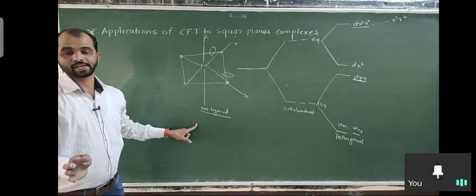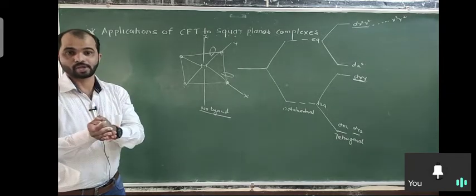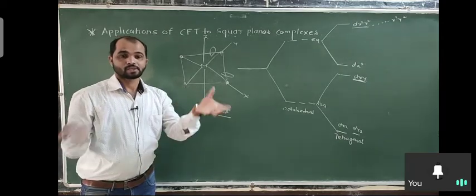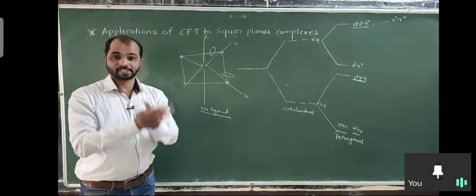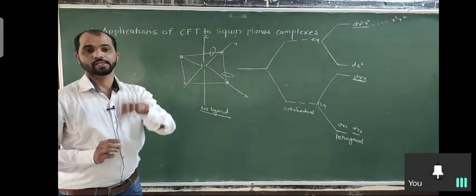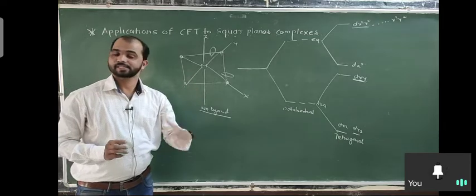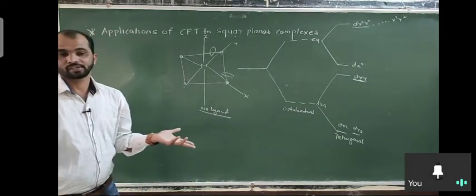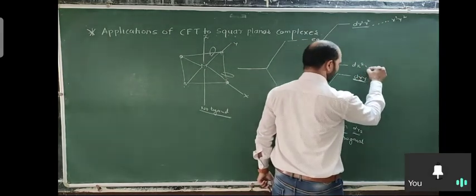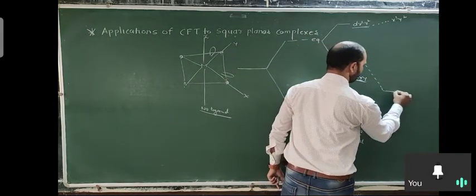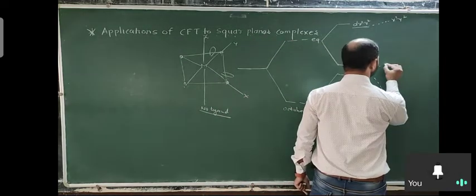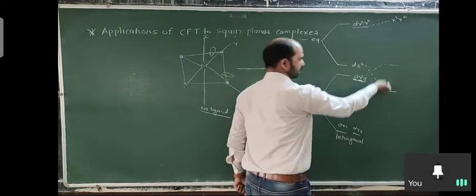So zero interaction. As compared to that, xy is oriented between the axes, but it is close to the ligand. But on the z there is absence of ligand, meaning as compared to xy, z decreases its energy because there are no interactions on the axis. So when we draw this, it goes at the below, and this xy at the above. So the change is here.